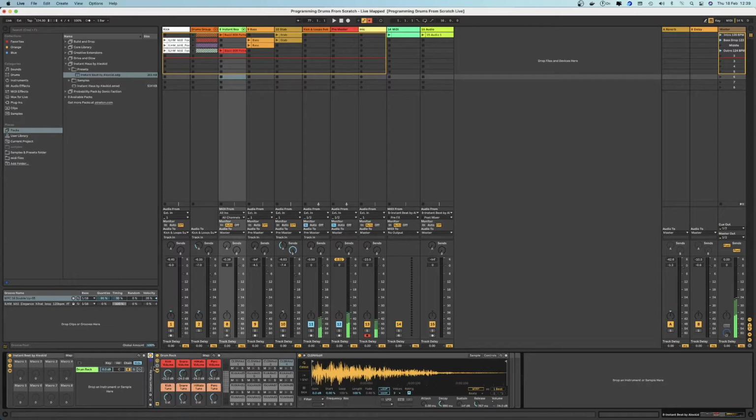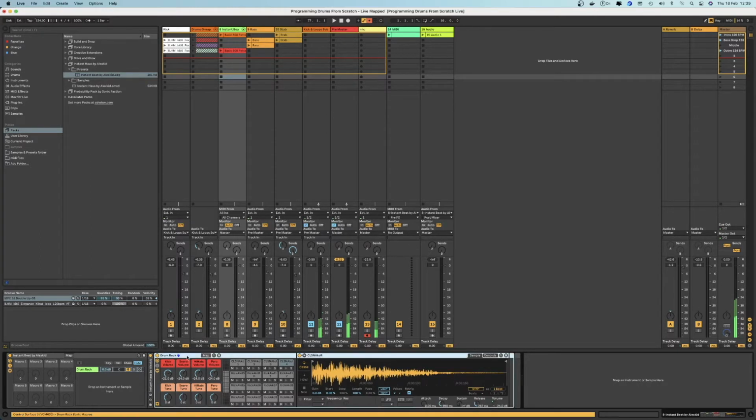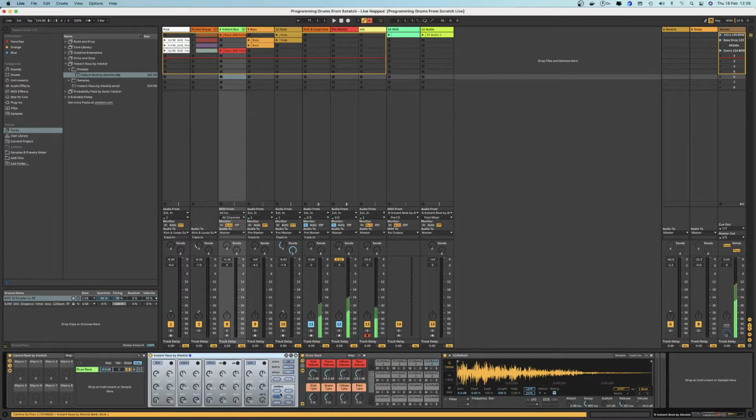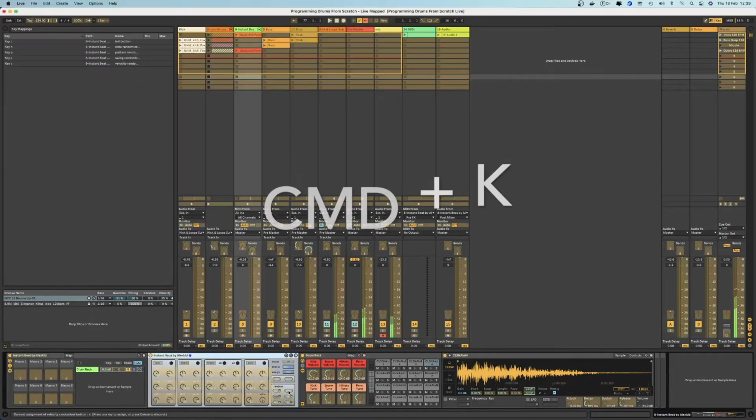So when you first get it, it comes like this. This is all closed off. So if you just open them up, you get the control pad. Now what I've done to save time, to save having to click in on these patterns, I've hit Command and K on the Mac,